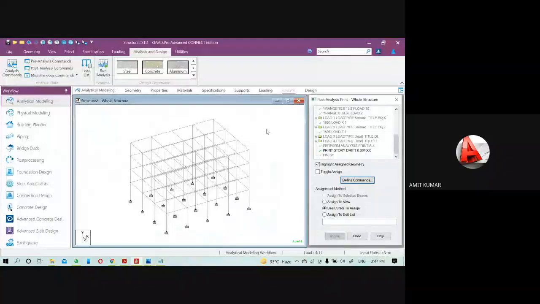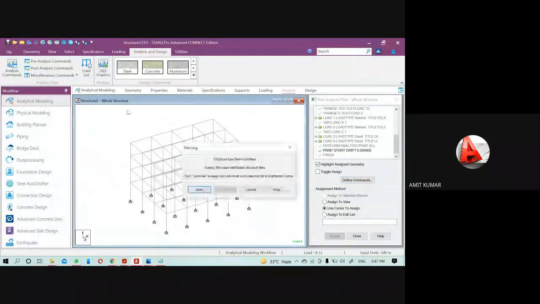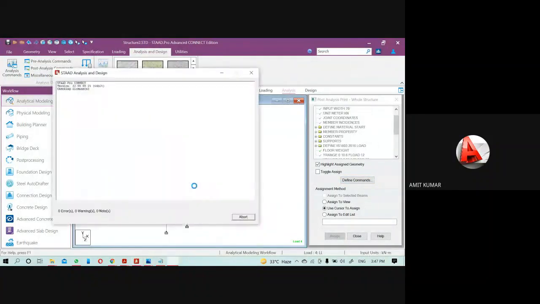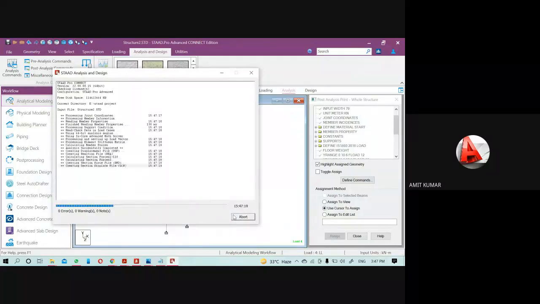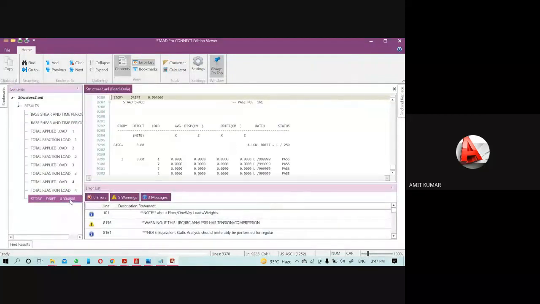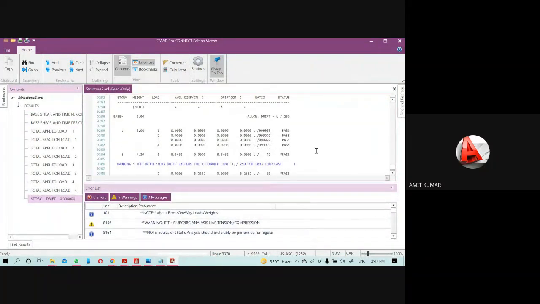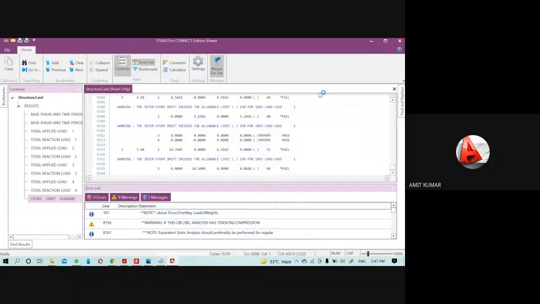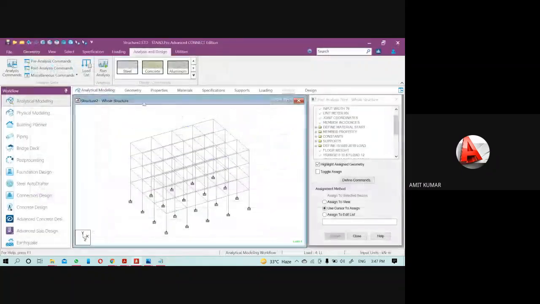So let's check the output for the story drift also, and most probably the structure will fail. Then we can change. Yeah, we are getting 9 warnings for the story drift. That means we have to increase the member size. So for the story drift, first thing will be to add the floor diaphragm.